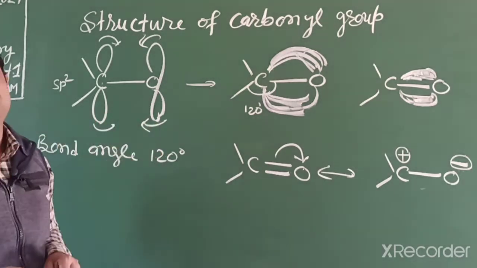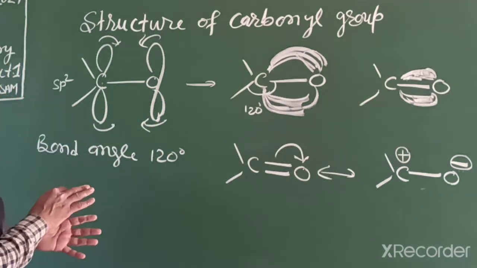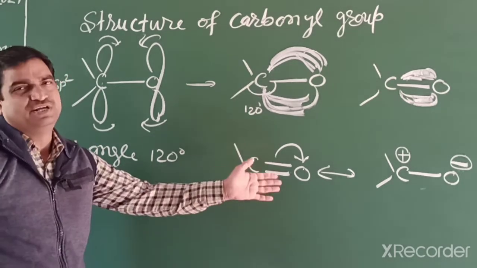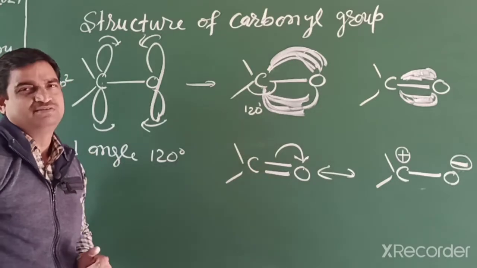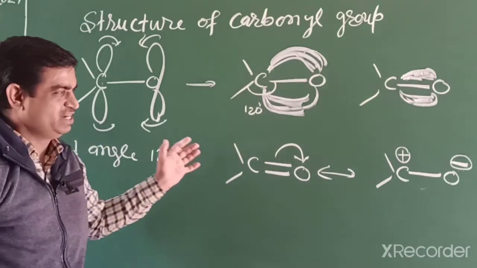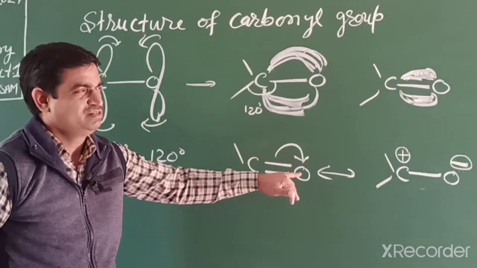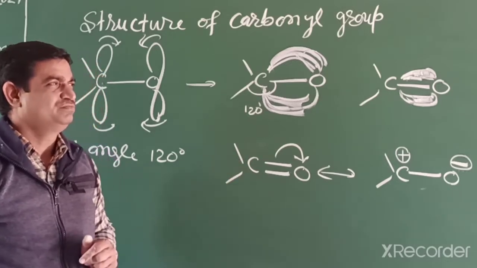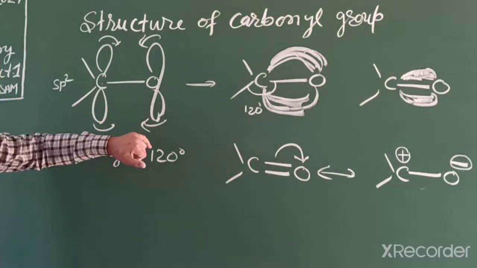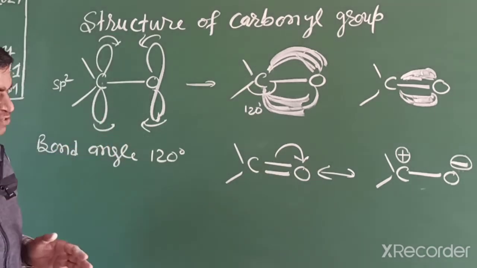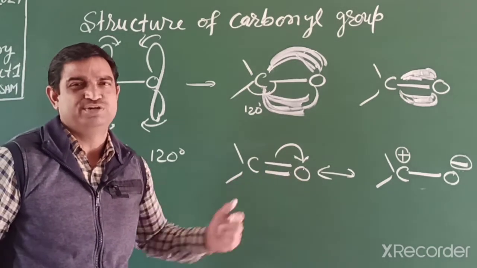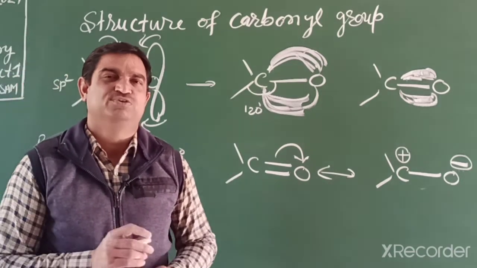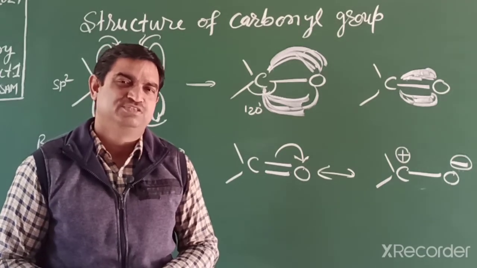This is polar in nature, and its boiling point and melting point are higher than ethers due to polarity in the bonds, but lower than alcohols because they cannot make hydrogen bonding, but there is more polarity compared to ether due to these pi electrons. So due to this carbonyl group, many properties depend on the structure and the polarity of the bonds. So now we will discuss methods of preparation of carbonyl compounds, aldehydes and ketones.